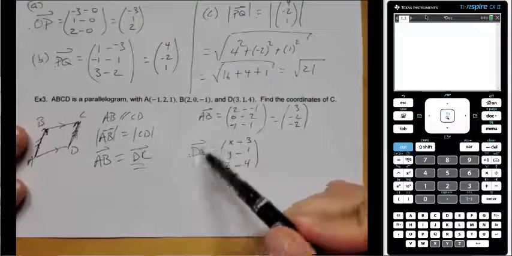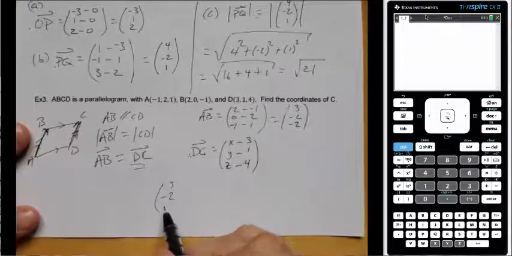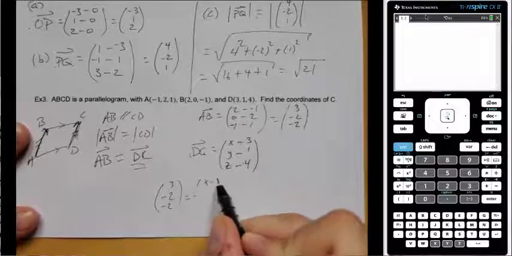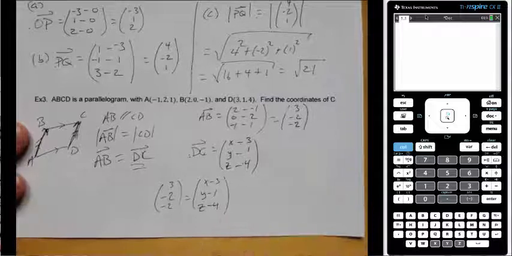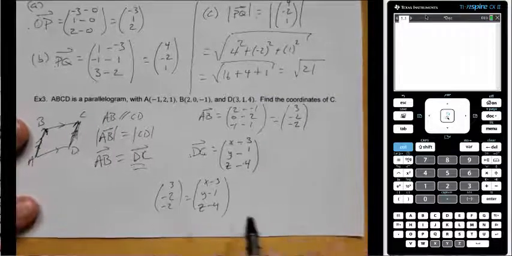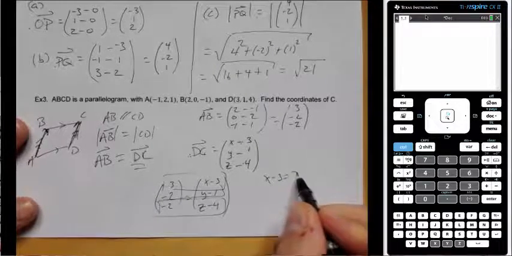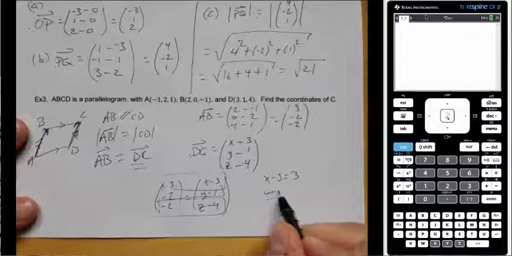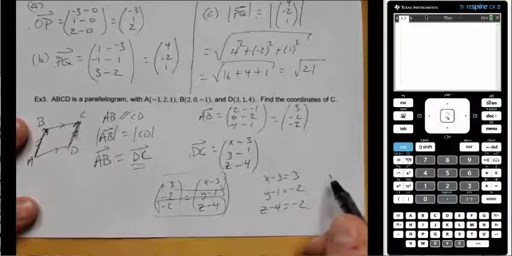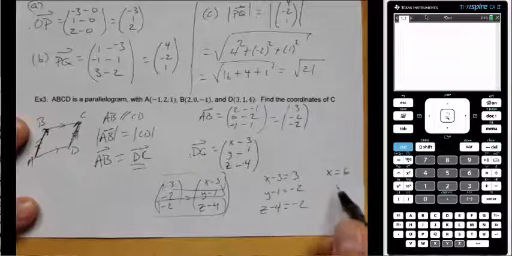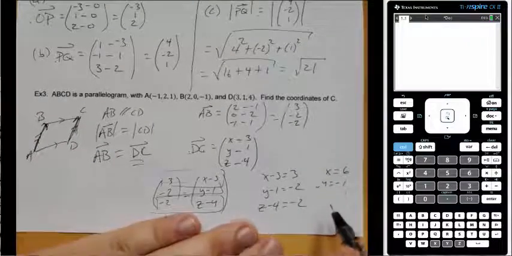Since these two vectors are equal, their component forms are equal. So 3, -2, -2 is the same as x minus 3, y minus 1, and z minus 4. If these are equal, then each of their components are the same. So I know that x minus 3 equals 3, y minus 1 equals -2, and z minus 4 equals -2. Therefore, x equals 6, y equals -1, and z equals